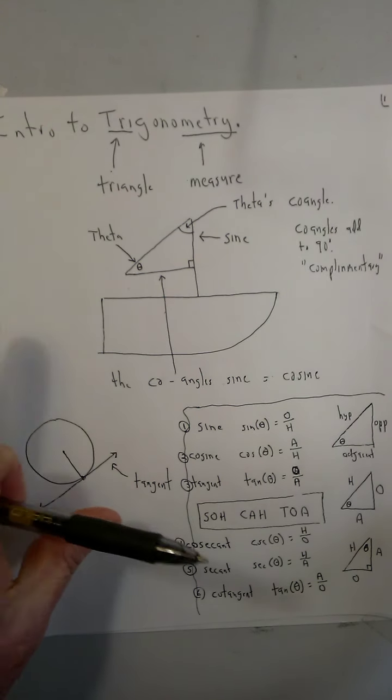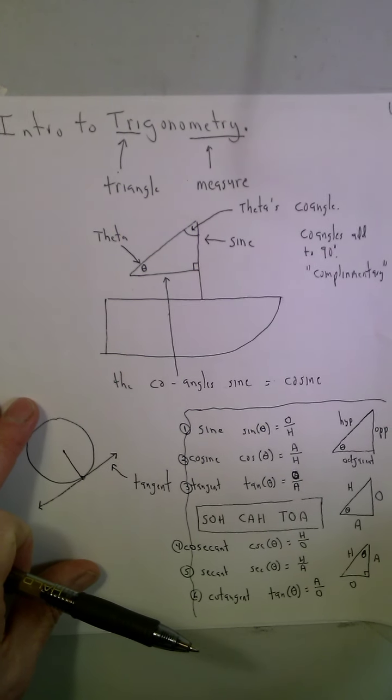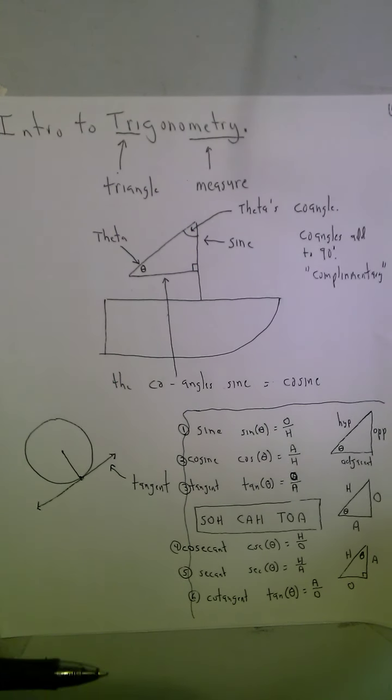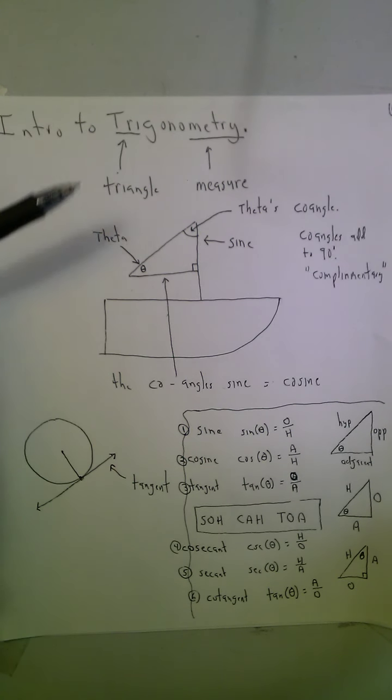Trigonometry is a math that has a lot of useful applications, and much of it came from the desire to be able to navigate your boat all over the world without seeing land. So the word trigonometry